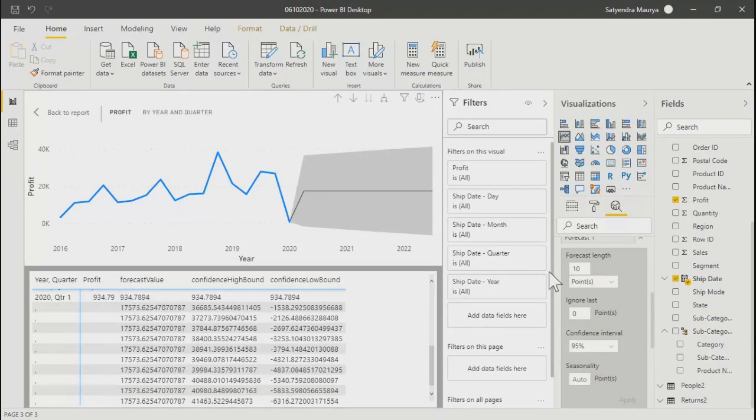Then ignore last point. Why do we use it? Let's say you are doing forecasting based on the complete month's data, correct? But currently it is the month of June which is going on, and if you have only partial data of this month and you take that in forecasting, you will not get the correct number, because this month still has incomplete data.